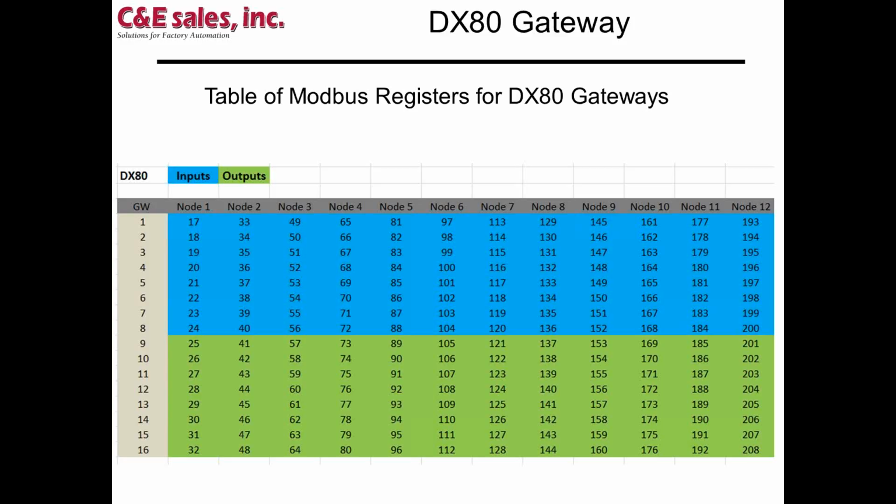So basically every node's got 16 registers. Not all registers in all nodes are used, but those registers are defined and automatically get read into the gateway at these address locations. So basically node 1 is read into this register table. Registers 17 through 24 are basically its inputs, and then 25 through 32 are the outputs that get written to that radio,